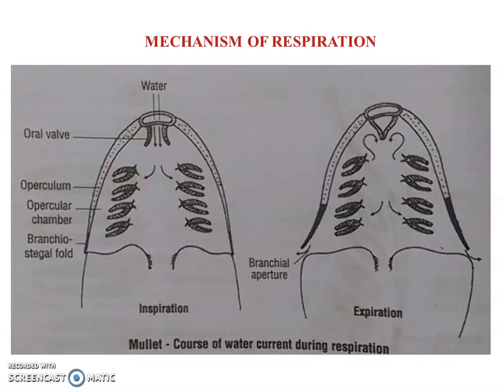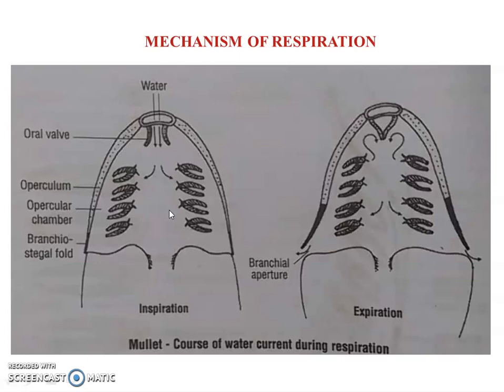Now the opercula over here is raised. Okay, it is raised in the sense it is moved outward, and the gill arches are relaxed laterally by muscular activity. Raising of the opercula increases the volume of the extrabranchial chamber over here. So the outward movement of the opercula increases the space inside the gill chamber. It increases the volume. And the relaxation of the branchial arches expands the buccopharyngeal cavity.